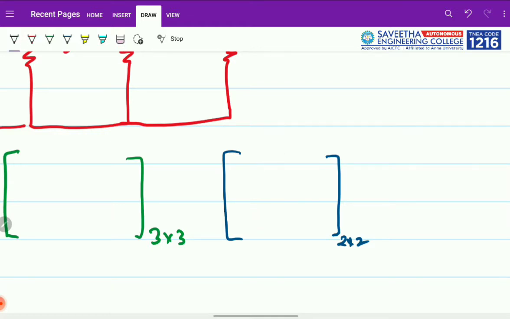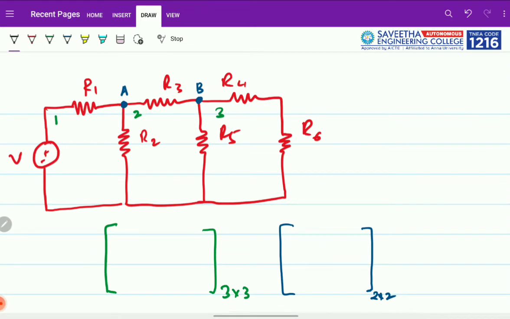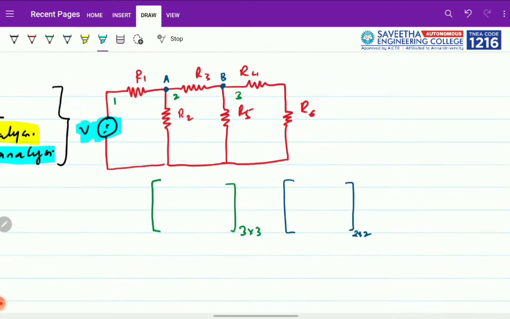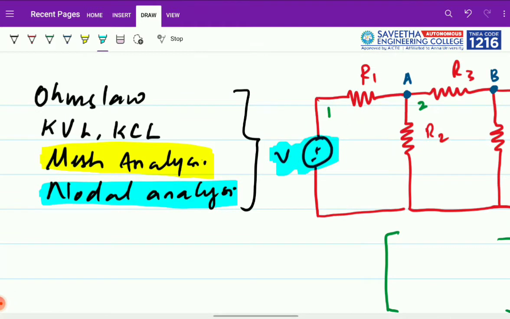matrix to solve. But there are also certain restrictions when you select this, because you need to check the type of sources that are given to you. In case you are going for nodal analysis, if it's possible you could convert the voltage source to a current source, then you can proceed. So it's your choice. Similarly, the method that you use depends upon your flexibility or the easiness on the circuit, whichever you